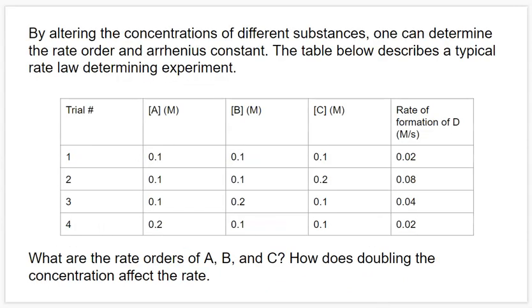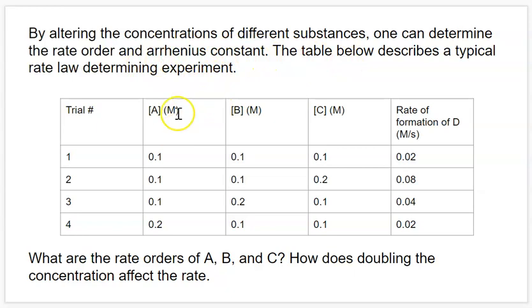Now, like I said, these are all things that we need to determine experimentally. So you need some data of a reaction and its overall rates in order to form a rate law that can describe it in more situations than just the experiment that you're doing. So an example of an experiment where we determine the rate order and the Arrhenius constant, the experiment will look